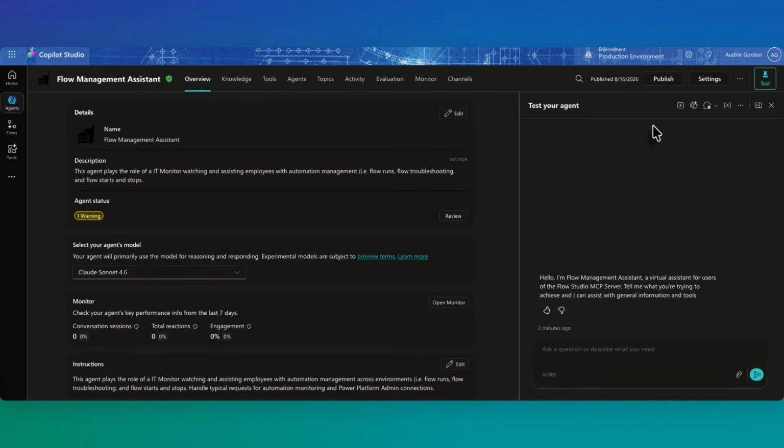I want to show you something cool that you may appreciate. And if you've ever heard of Flow Studio, this may be something you're aware of. But Flow Studio just released recently, within this year, the Flow Studio MCP Server, which allows you to simply ask for insights, creation of new Power Automate flows, diagnosis against flows that are